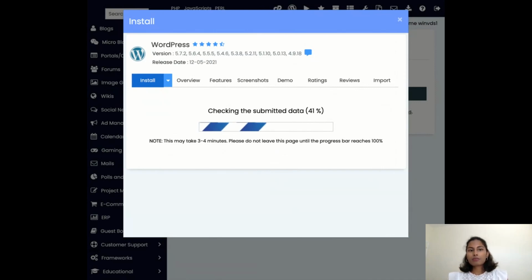When the WordPress installation has installed successfully, it will show you two links, one of these for your WordPress landing page,